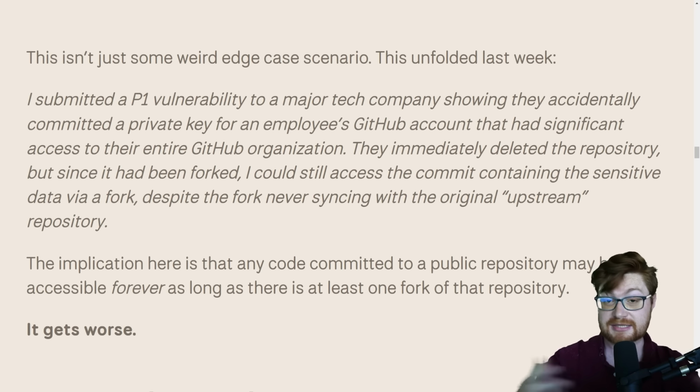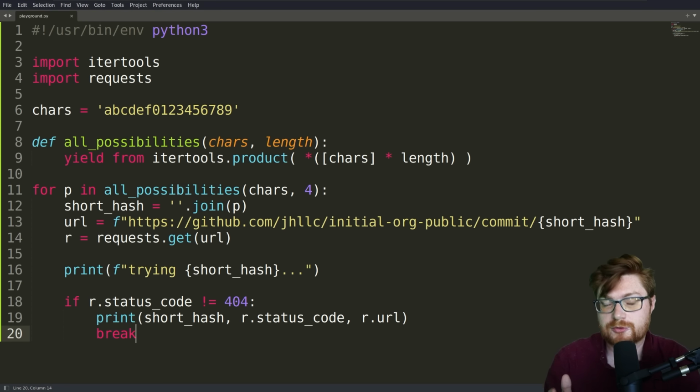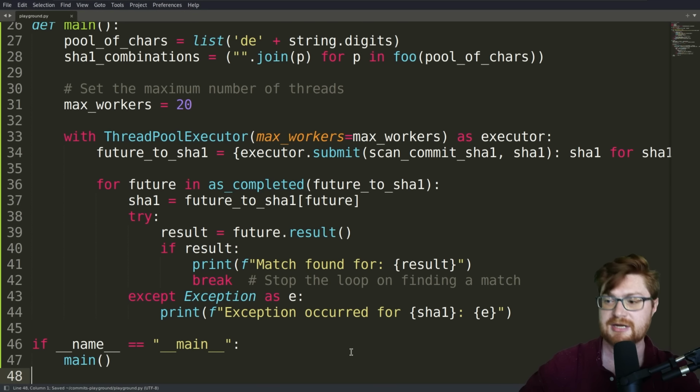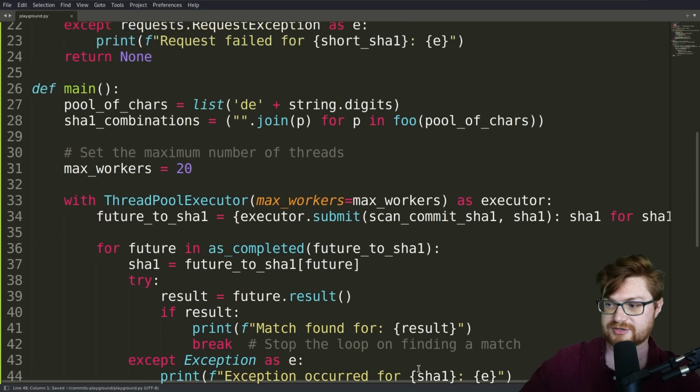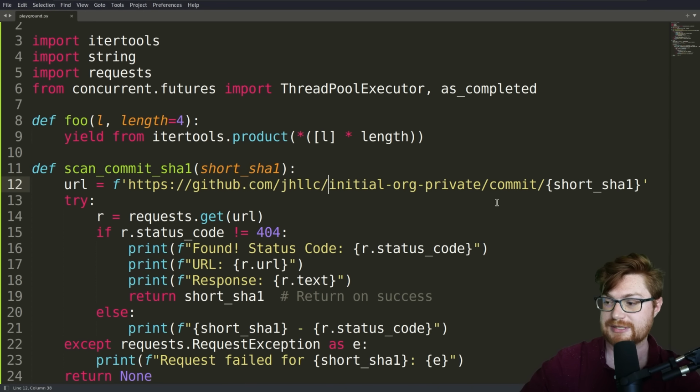And that original repository just being deleted. With all that said, I know the sticking point here is, well, you still need to figure out the commit ID, that SHA-1 hash or the very starting short SHA-1 hash. We could brute force it with this small, tiny example, but it might be a little bit more realistic to try to thread this. Hey, make it faster, not as procedural. So I do have this example here that our good AI overlords, friend and foe ChatGPT gave me, which I will just go ahead and tweak and tune now.